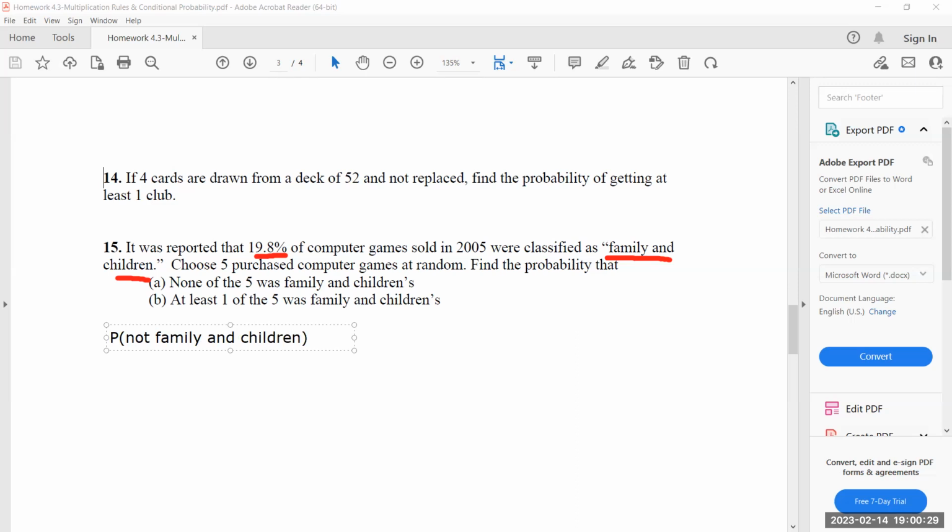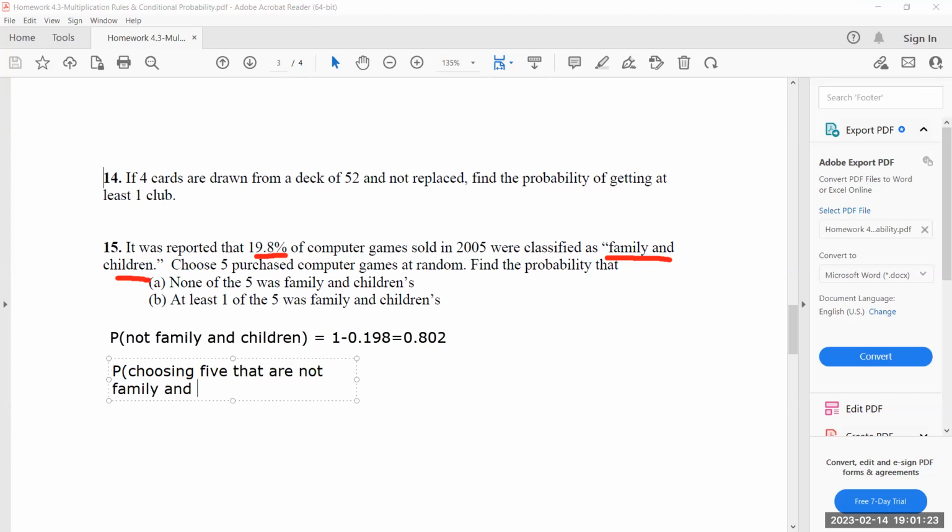Just to show some of the work for the sake of people watching this later, I'll go ahead and show the step here. This is 1 minus, and I'm going to turn this 19.8 into a decimal, 0.198. If you subtract that, you get 0.802, right? Correct. Now, how many games are you choosing here? 5. Right, you're choosing 5 of them. So here we now want to take this probability of choosing 5 games that are not